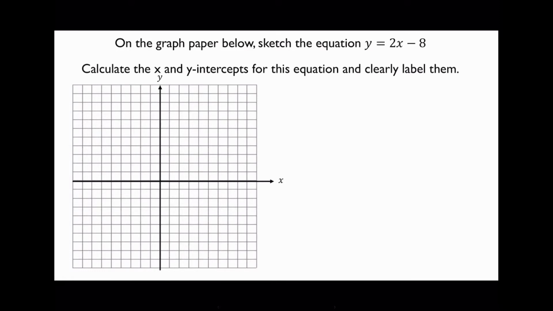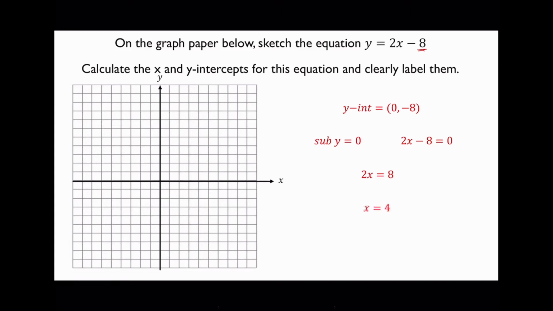So finding the y-intercept is quite easy. The y-intercept is always going to be the value of c. So in this case, it's going to be equal to -8. I've written the y-intercept in the form of coordinates. To find your x-intercept, we simply sub y = 0. You do that, rearrange to solve for x, so move 8 to the other side. I'm going to add 8 to both sides of my equation, divide both sides by 2,